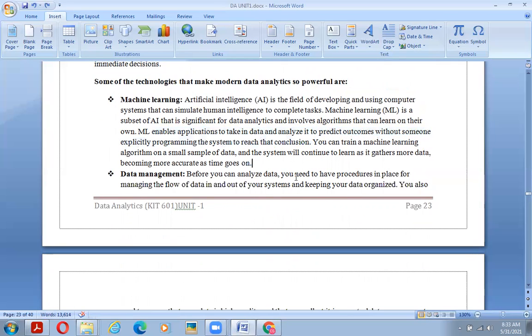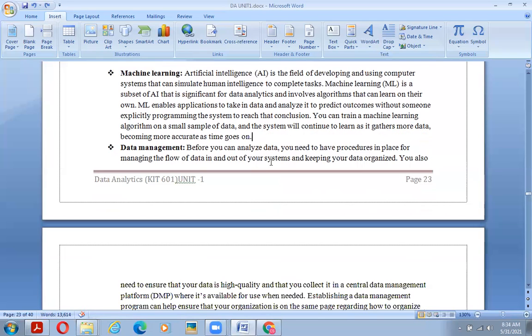You can train a machine learning algorithm on a small set of data. The system will continue to learn as it gets more data, becoming more accurate over time. This is what machine learning is all about. Let's go to